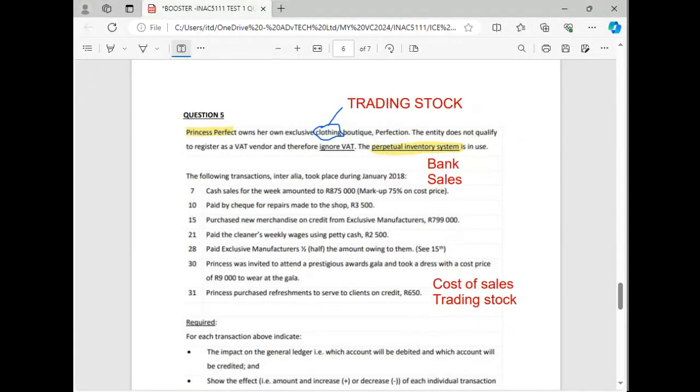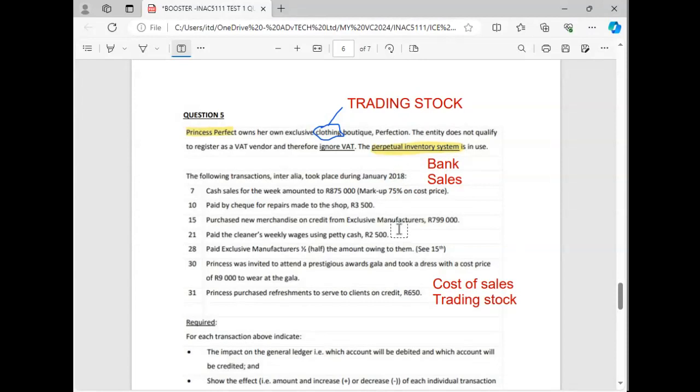Let me go back to Ragi's question. He said, what does perpetual inventory mean? Obviously the word perpetual means continuous. It means when you record stock, especially when you are selling stock, you need to show sales, and at the same time, you must also show cost of sales on a continuous basis. This section is still coming. It's still going to be part of, I think, unit number 6.